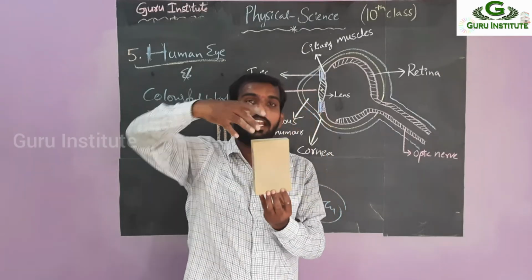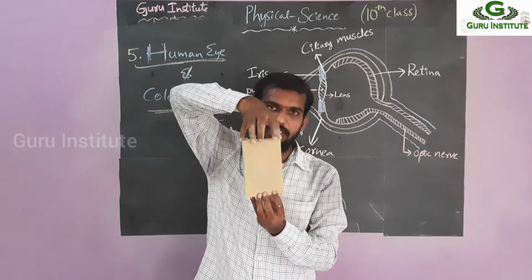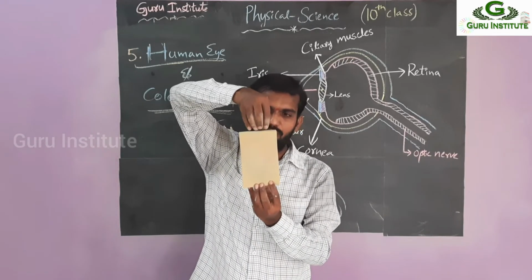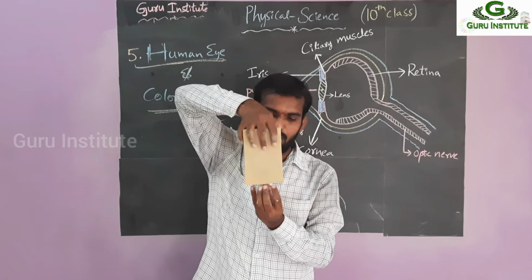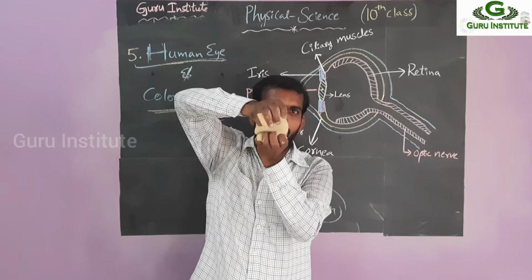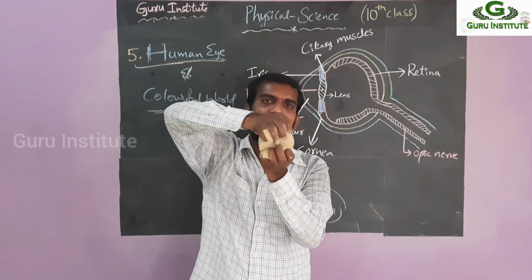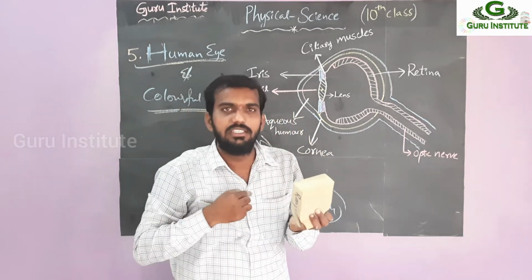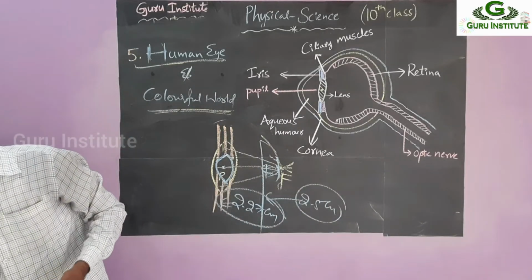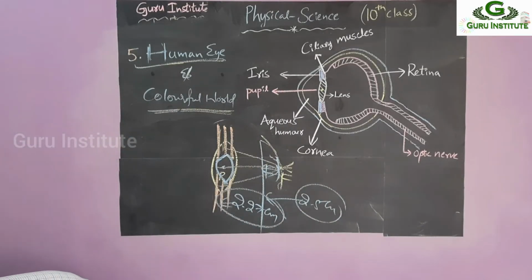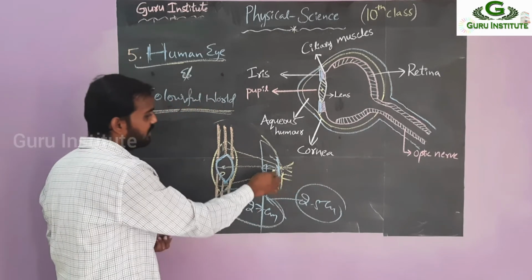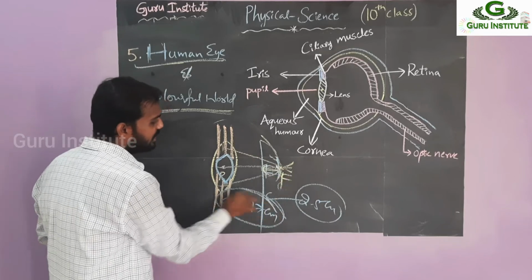Whenever you want to see nearer objects, the ciliary muscles, which are holding the lens like this, slowly move like this. So then they decrease the eye lens; the eye lens thickness is decreased. Automatically the focal length also decreases. Then you can see the nearer object. So how much should it be in the other position? The focal length is 2.27 centimeters only. That means the retina comes here, to 2.27 centimeters.